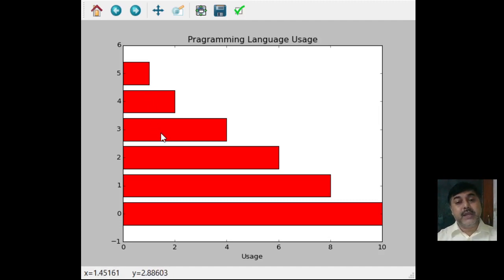That means we are taking the values from the different languages, the language names, on the y-axis. Based on it, it has demarcated the different areas. Based on that particular value, their ASCII code has been converted into numerical form, and based on this numerical form, our horizontal graph has been drawn.